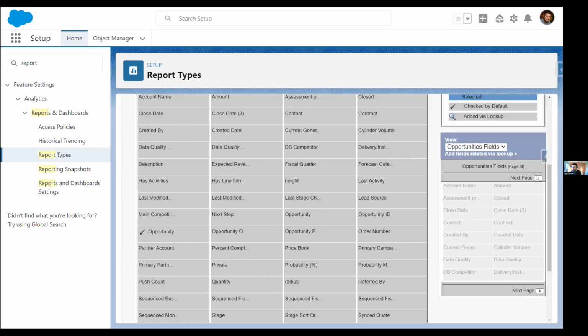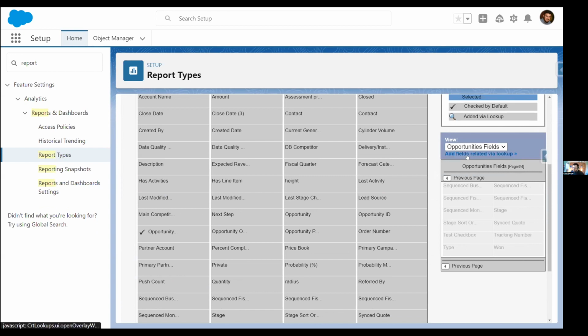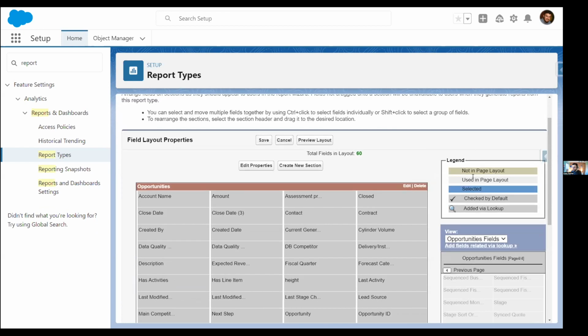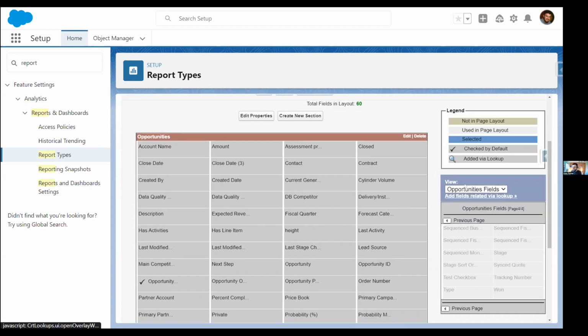If you ever have any new fields, they'll show up in the panel over here on the right as you scroll through. Just above that, as David and I have touched on briefly, there's this add fields related via lookup hyperlink. It couldn't be hidden any better. It's like they put it in camouflage, maybe. Right. Yeah, you wouldn't even notice it. All these other things are sort of distractions, but this should be 100 times bigger and have fireworks,